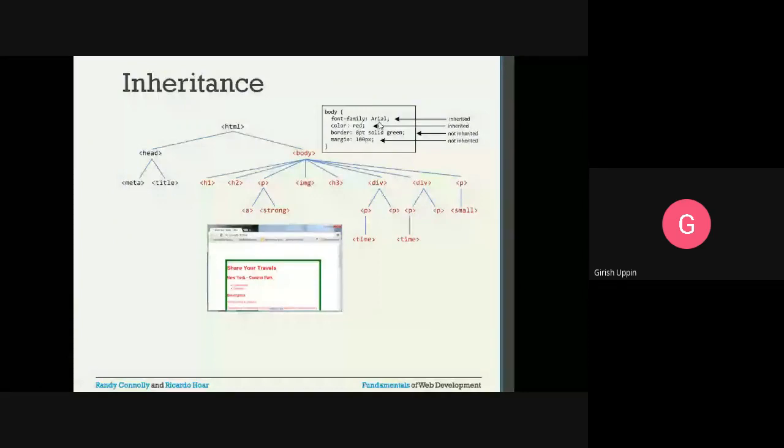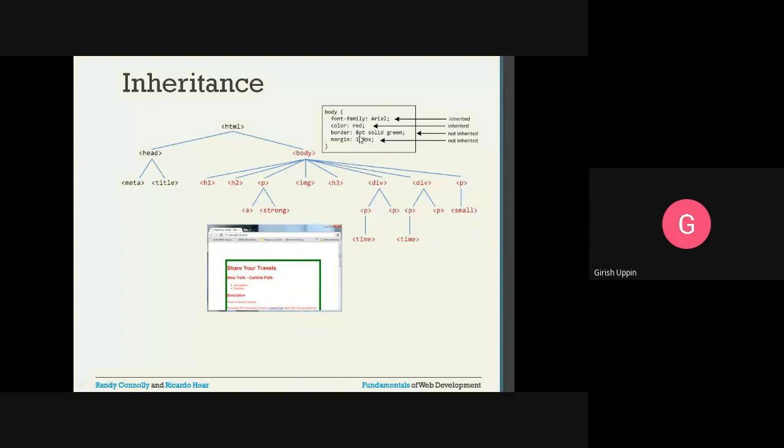Then the second declaration, color, colon, red. So whatever text or entities are displayed inside the body will be displayed in red color. Border: we have 8pt solid green, meaning the border thickness is 8 points, it is a solid line, and it is green in color.